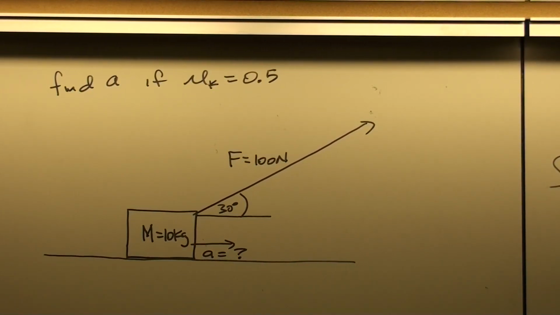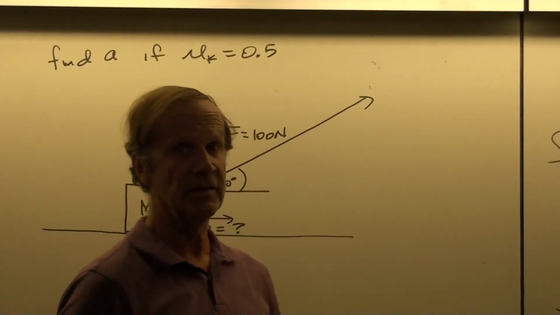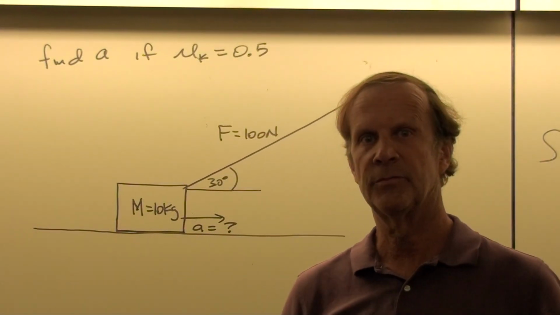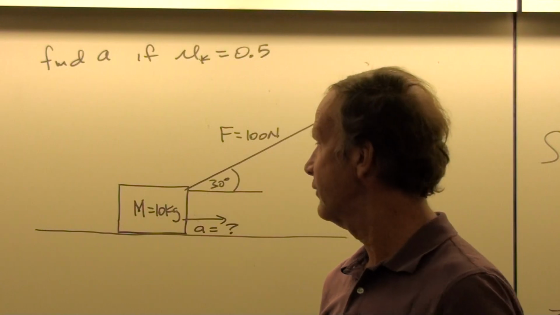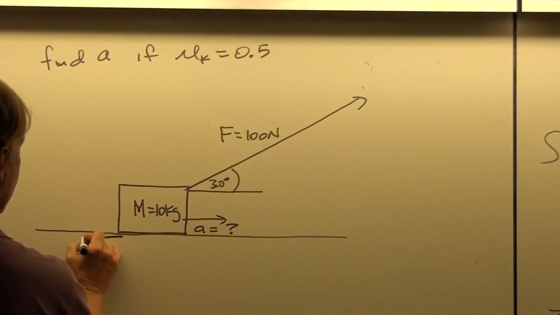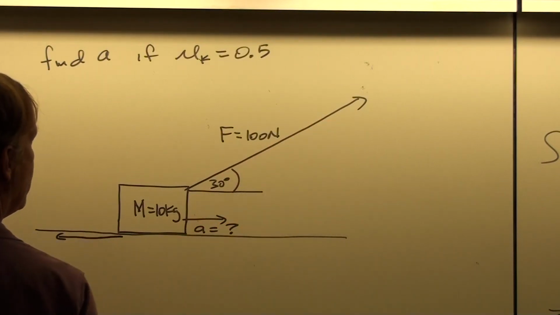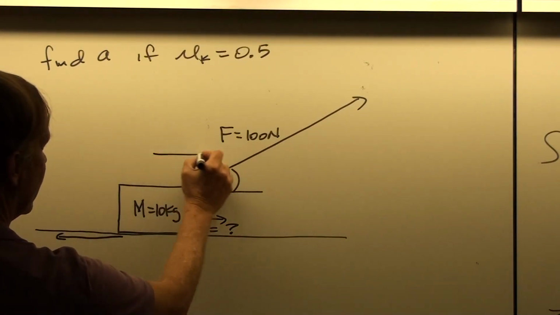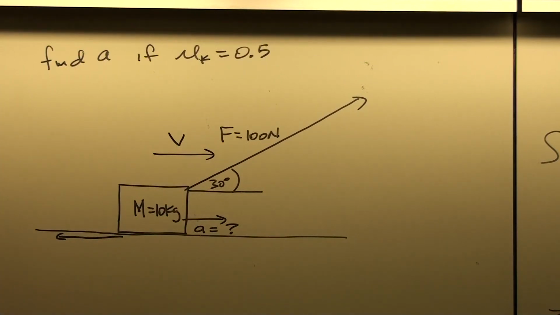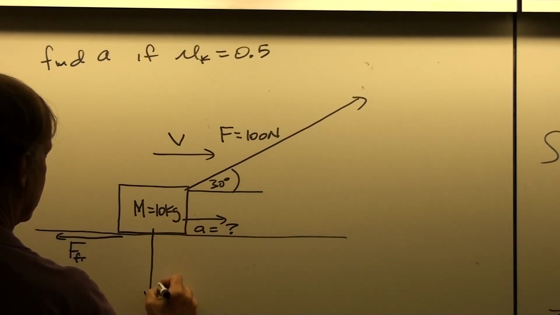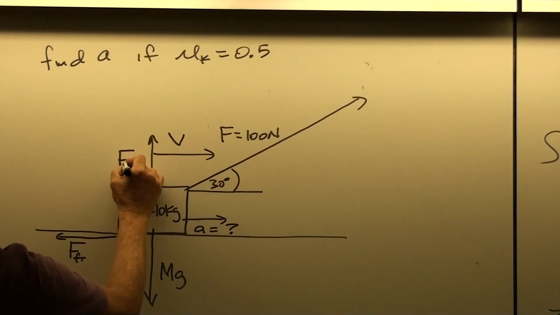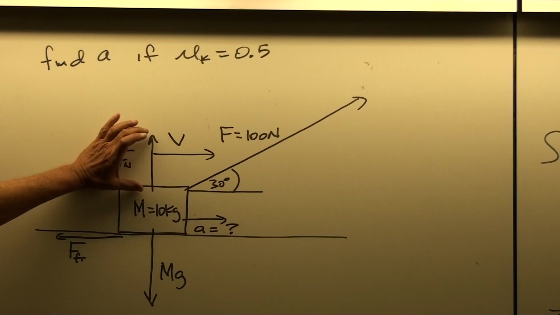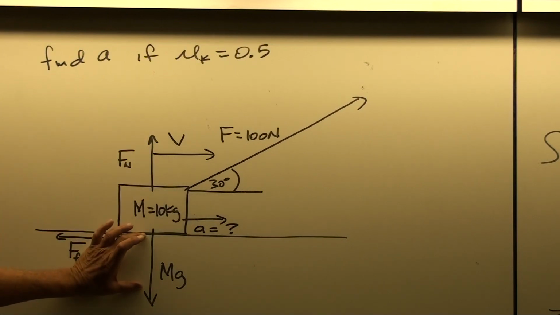And so this is a one-body problem. But what makes this a little trickier than the other one-body problems that we've looked at so far is that there are more forces, first of all. We're going to have a friction force here, and that's going to be tending to oppose the applied force as this mass moves in this direction. And so this would be our force of friction. And we also have the weight force here, big mg. And we have a normal force here,